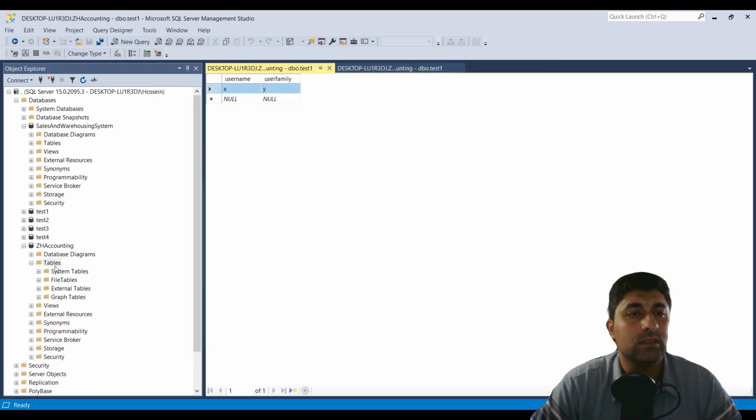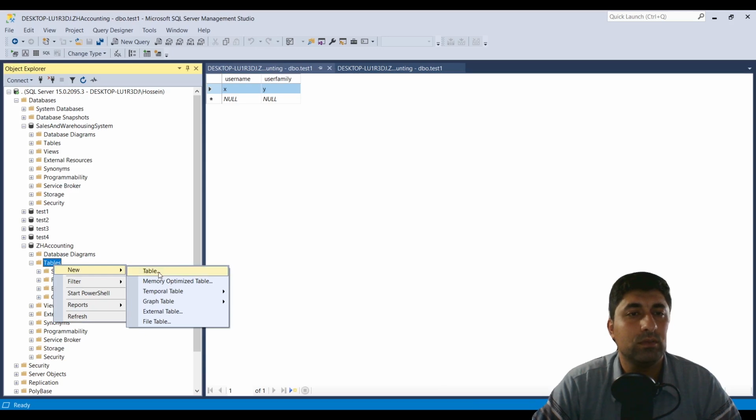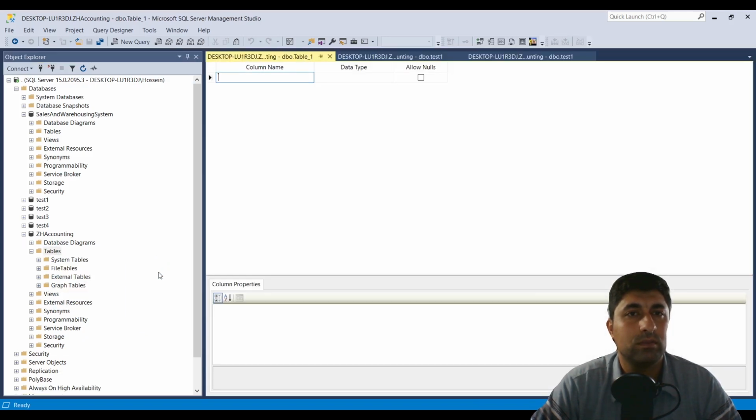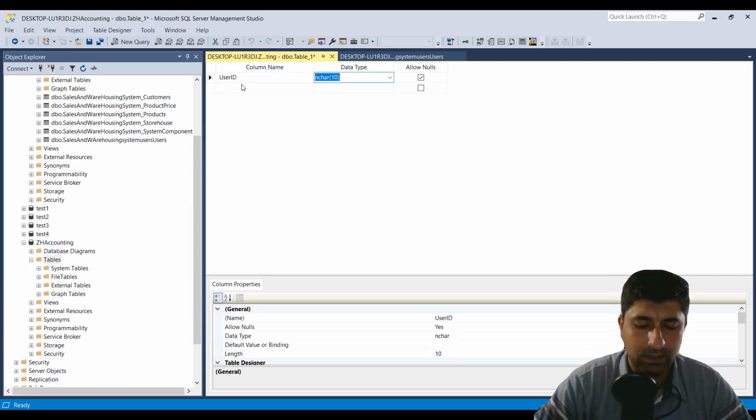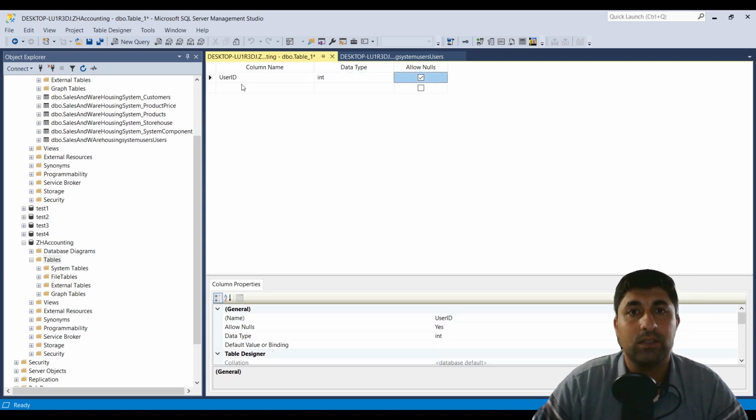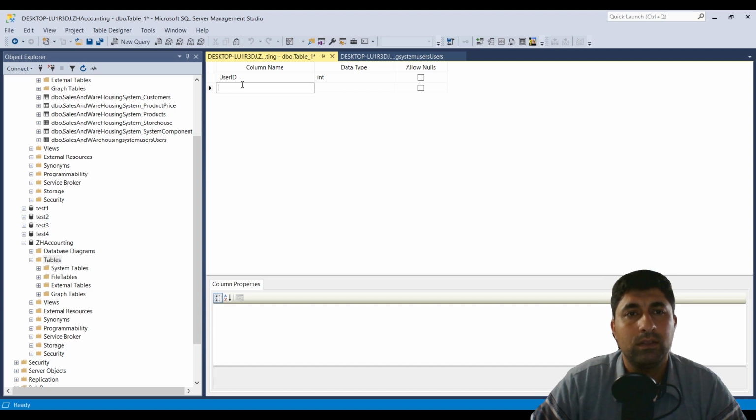Now we're creating our users table, new table. In the part we're going to define the column names, there is some rules. We're going to create users table, so we will start each column name with word of user. First word is going to be uppercase. In the future videos you will see why we need the user ID and what it's used for. For now, just come step by step with me. Username,